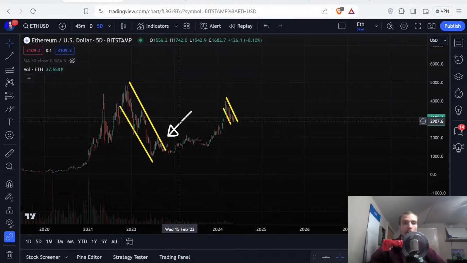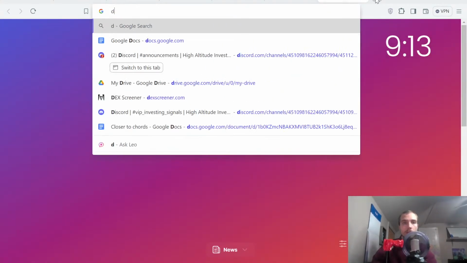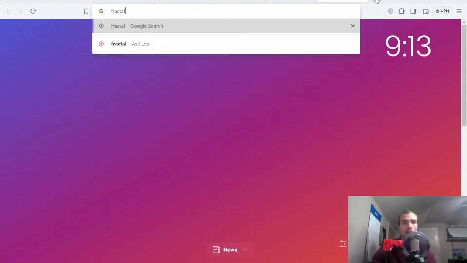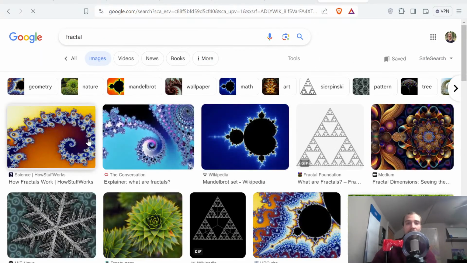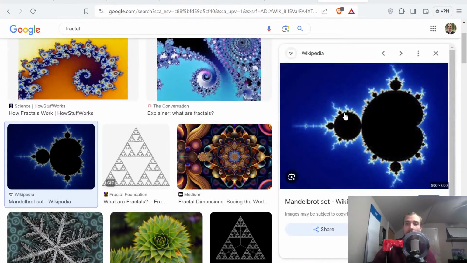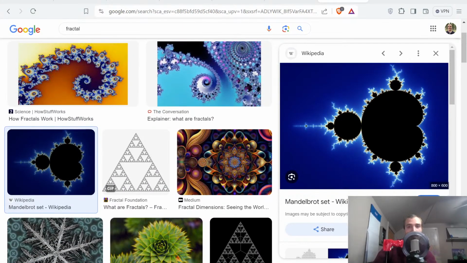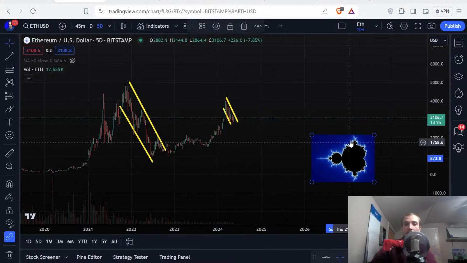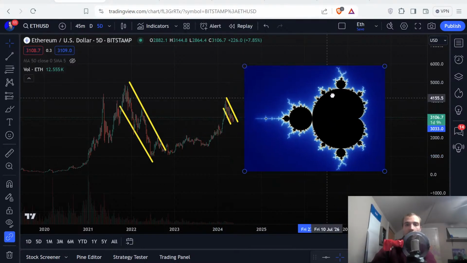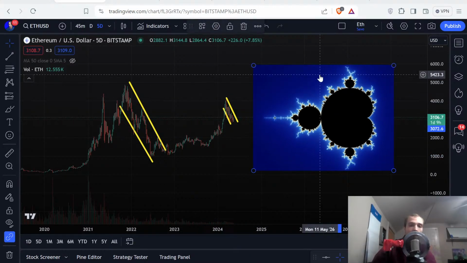The other thing I want to talk about is fractals. So if you guys are into geometry, which for me is the coolest kind of math that there is, just my personal opinion, okay? So you guys can have your own, obviously. But geometry is really cool. And fractals are